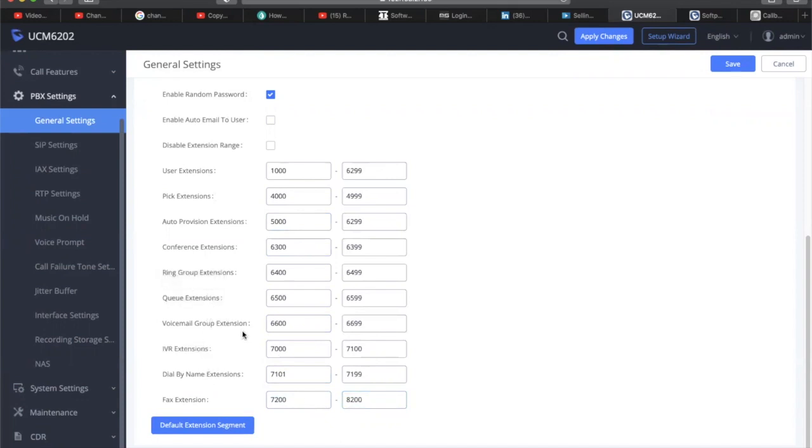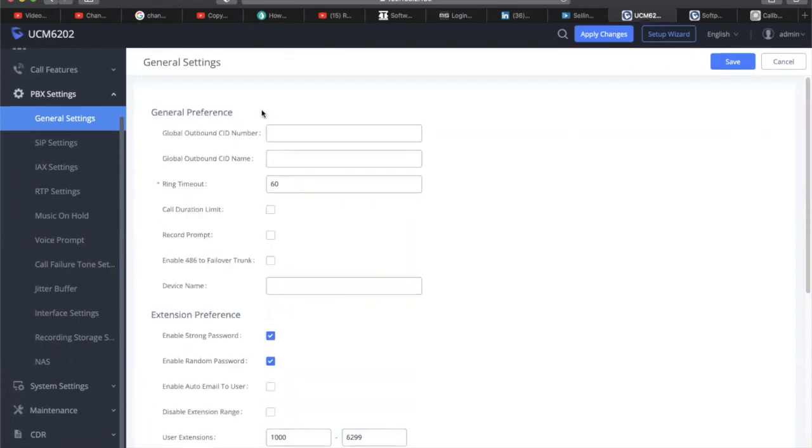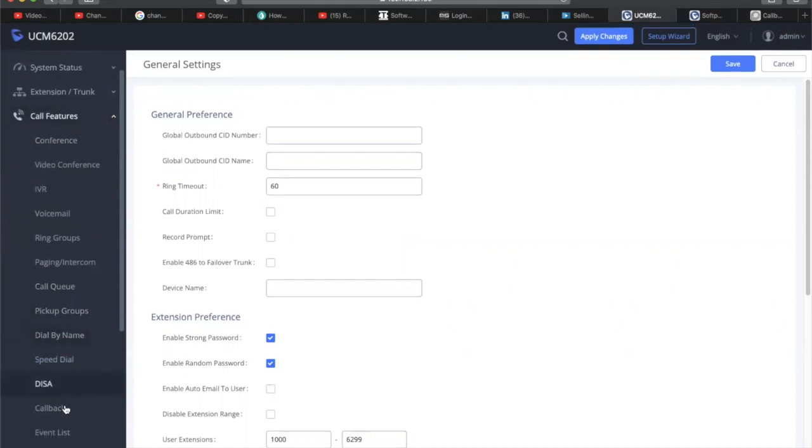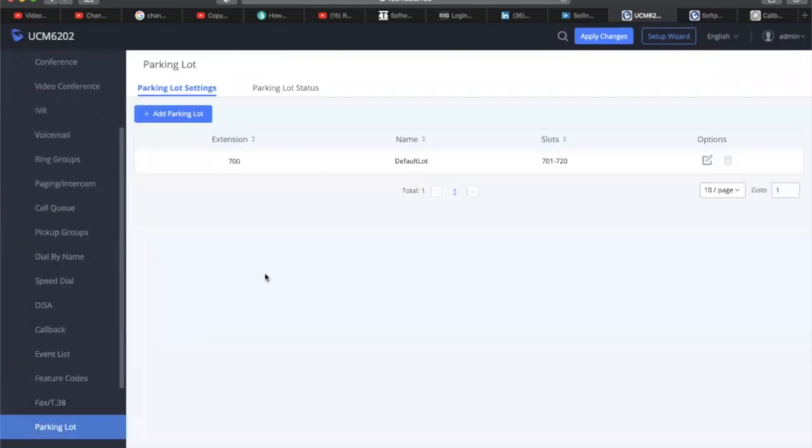I want to see which available extensions I have to specify to the parking lot. So I go back to the parking lot,